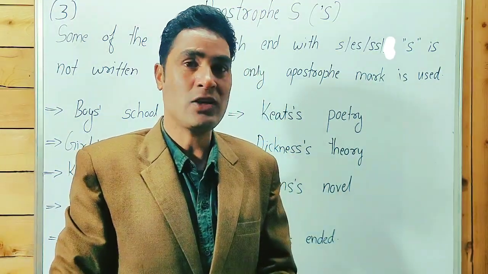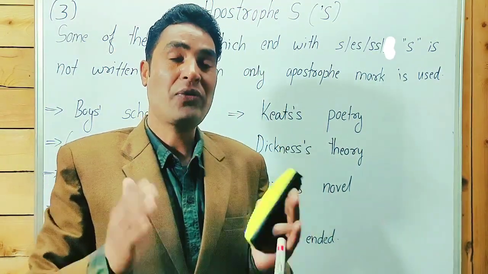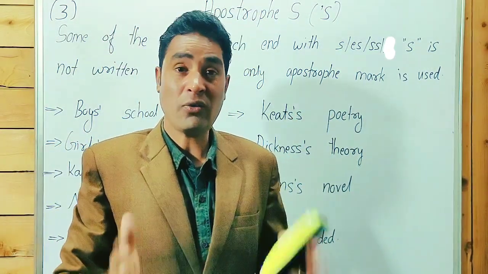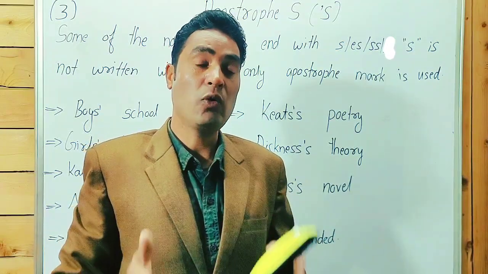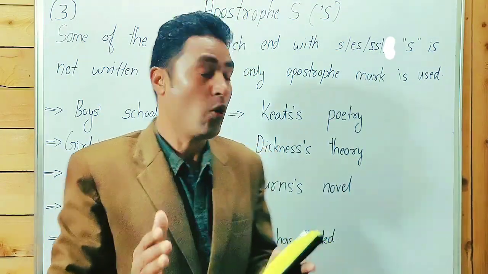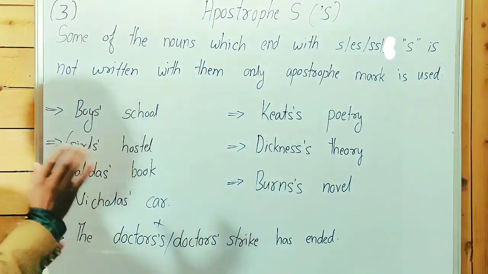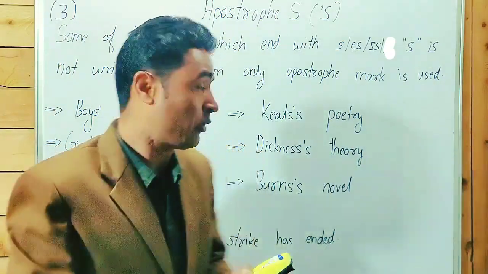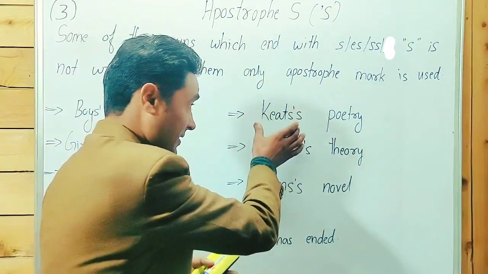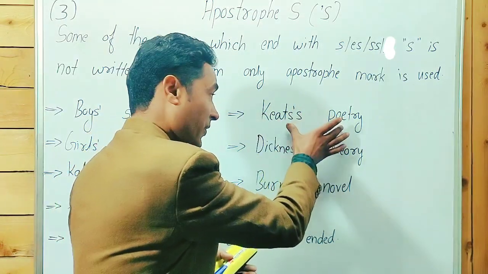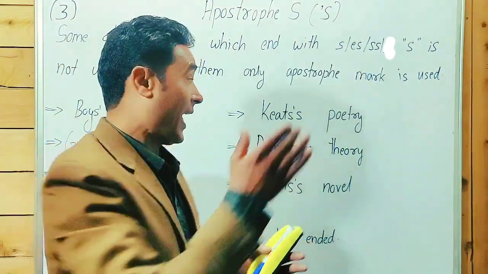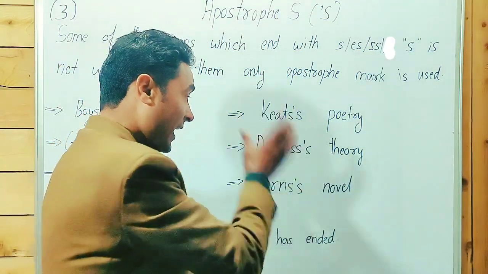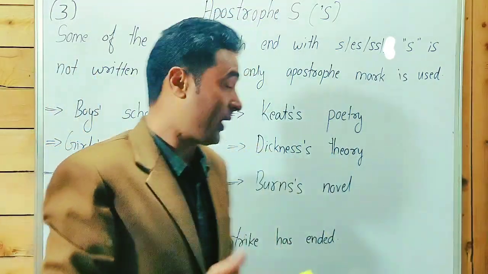If in formal English you want to use apostrophe S with S at the end of the noun, you can use it, but in competitive examinations it will be an incorrect phrase. So you will have to write only the apostrophe mark, not S. But anytime you face these phrases with apostrophe mark plus S, they are correct. Point to be noted, these are correct phrases.